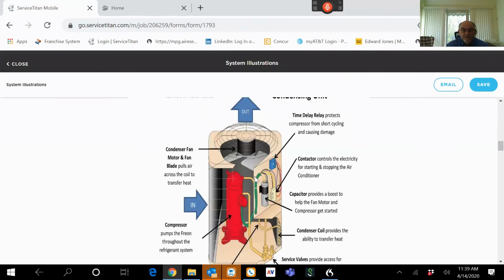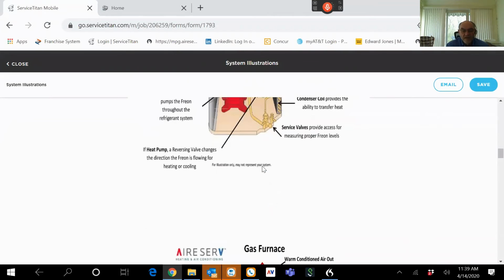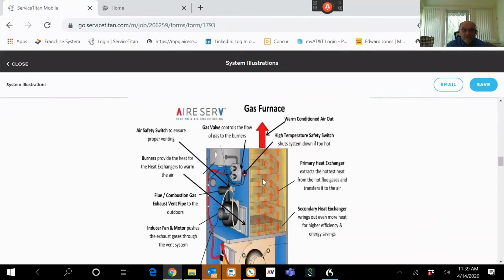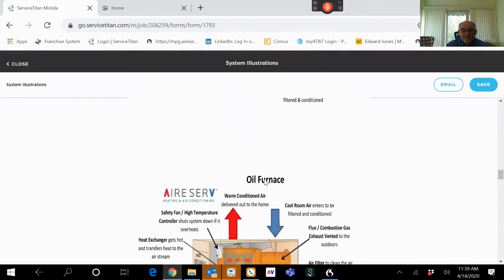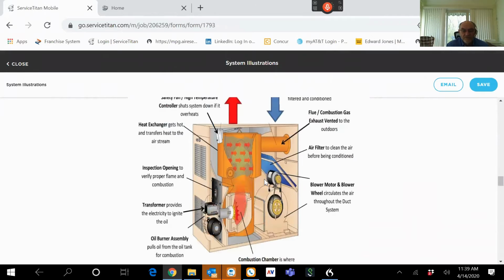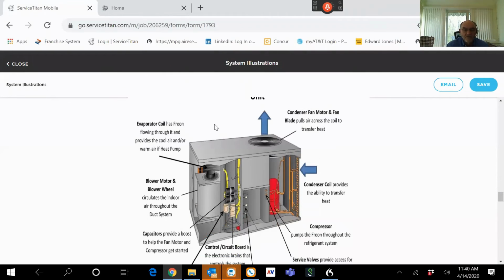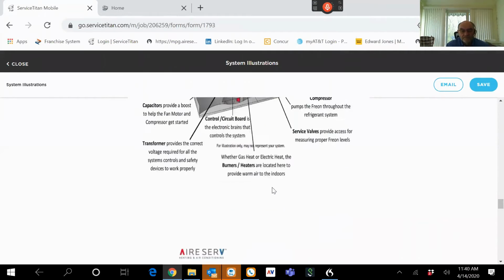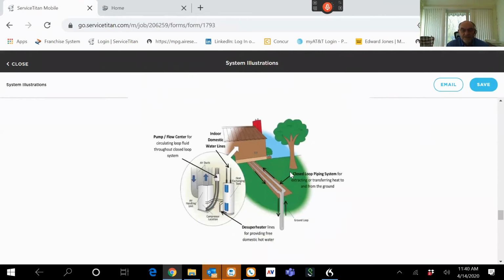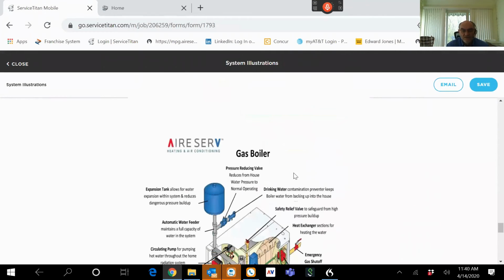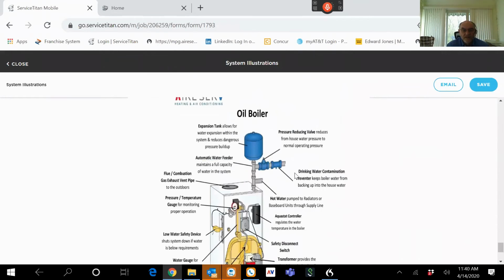Here's the condensing unit, again with the airflow, the way the air travels, but it's got the compressor, the condenser fan, the capacitors, the contactors, those kinds of items. As we scroll down, there's a gas furnace. As we scroll on down, there's an oil furnace for those of you that have oil. Now here's a package unit, and this could be on the ground or up on the roof. A little bit about geothermal, and then it's also got gas and oil boilers down here for those of you